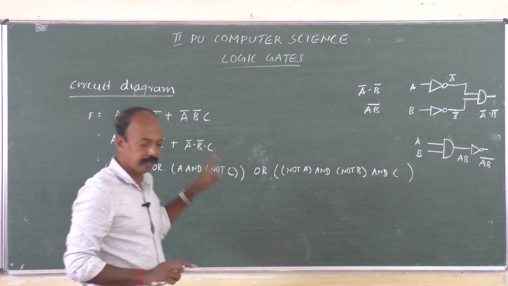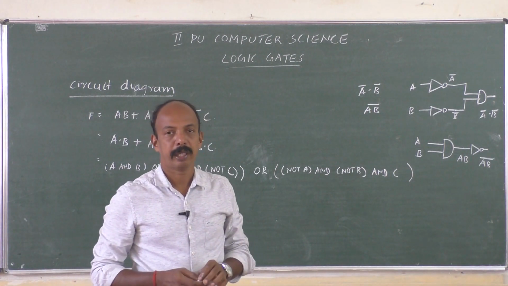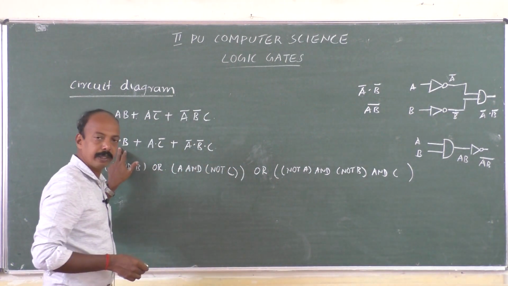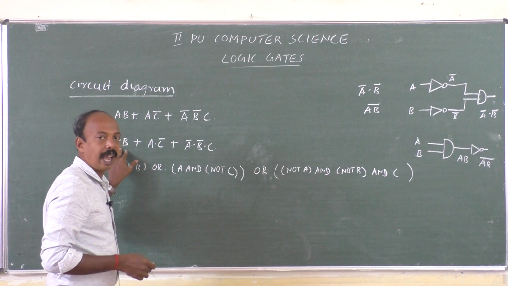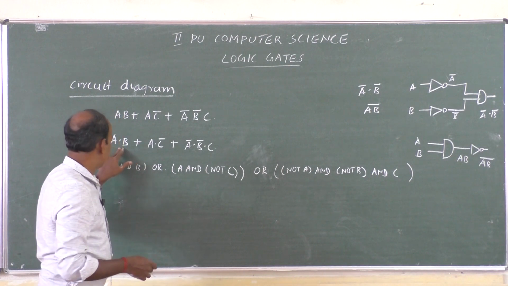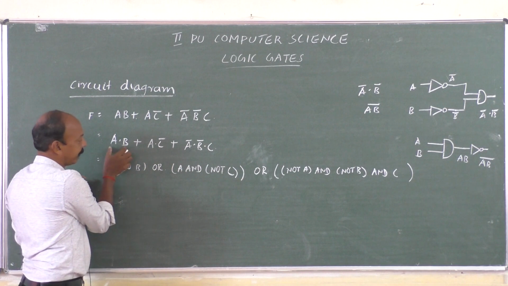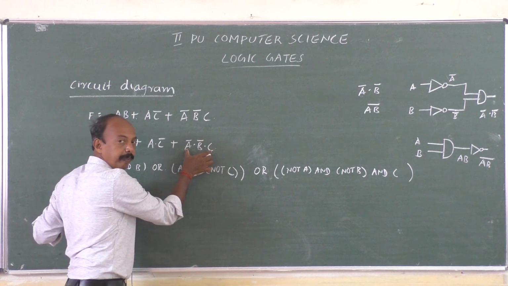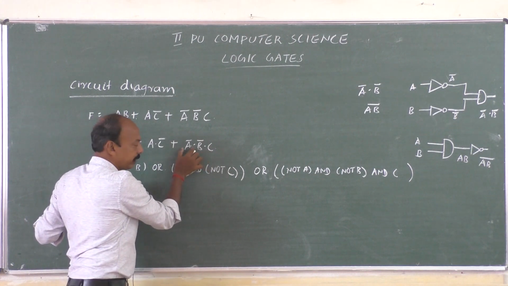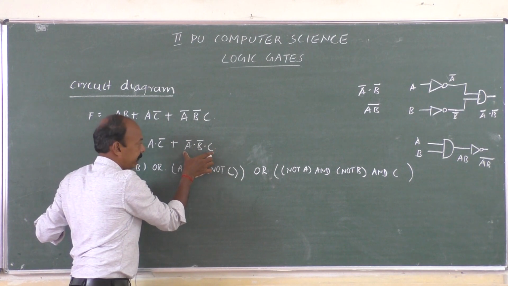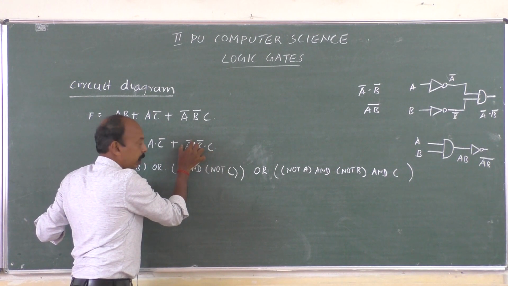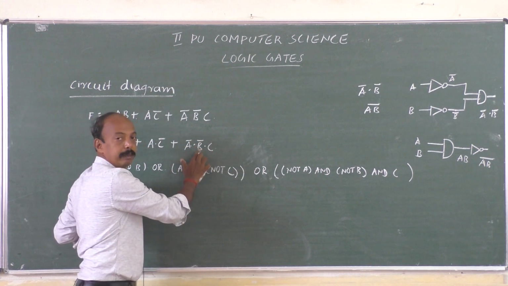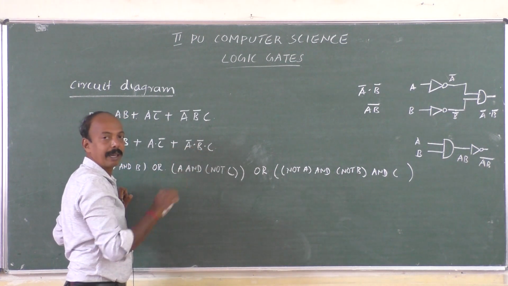For sum, which particular gate are we going to have? For sum, it is OR. For the product, which particular gate? It is AND. So in the first level, we will be having the AND gate. For this one AND gate, for this one AND gate, for this one AND gate. But remember, here it's bar. So before feeding it to the AND gate, take the complement of those variables which are written with respect to the bar symbol.